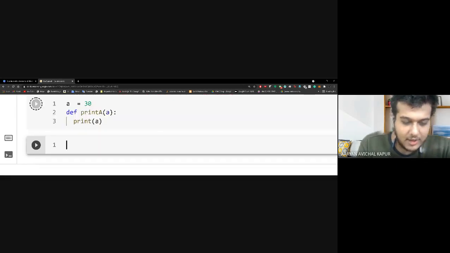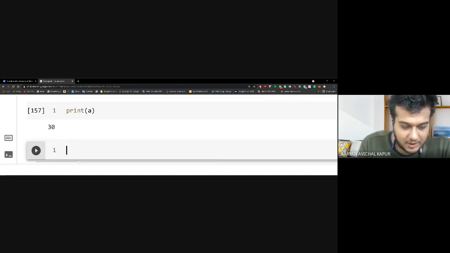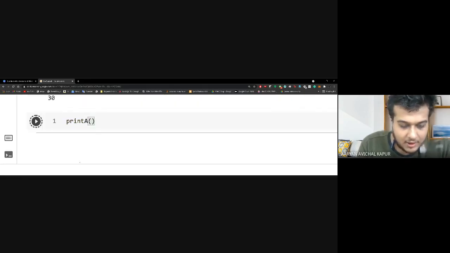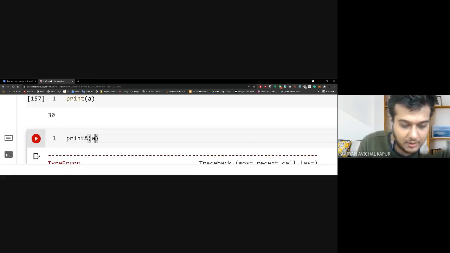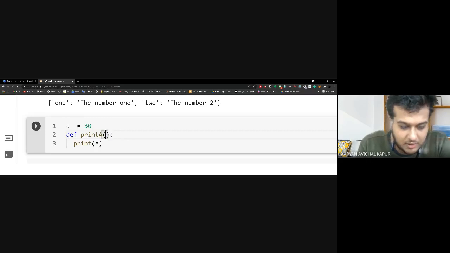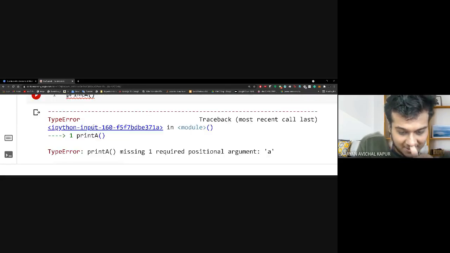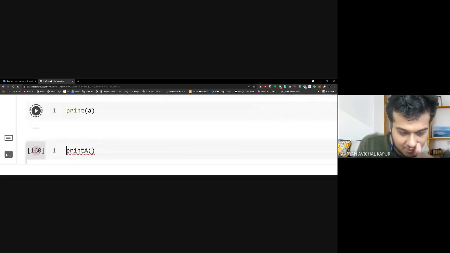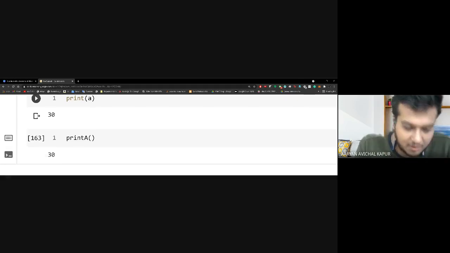So I am accessing the global variable, which is allowed. And when I write print a, and when I use the function print a, we would receive the same answer. Oh, sorry, I need to pass the variable. Yes, so we would be receiving the same answer. Let me remove the argument, then we'll be able to get a better idea. Let me run this code again. Yes, you can see that both of them are giving me a 30 answer.